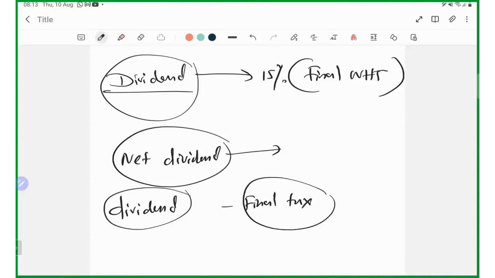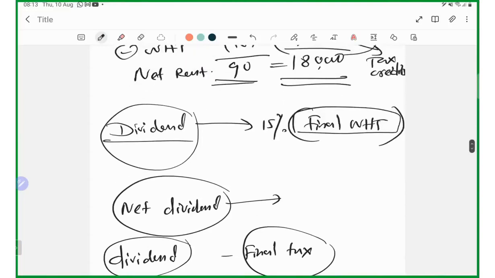If such withholding tax is a final tax, that deducted withholding tax, unlike the previous interest and rent, you cannot consider as a tax credit. You can't consider it as tax credit. This is only applicable for final tax. At your level, the only applicable final withholding tax is the withholding tax on the dividend. So if the dividend is given as gross,